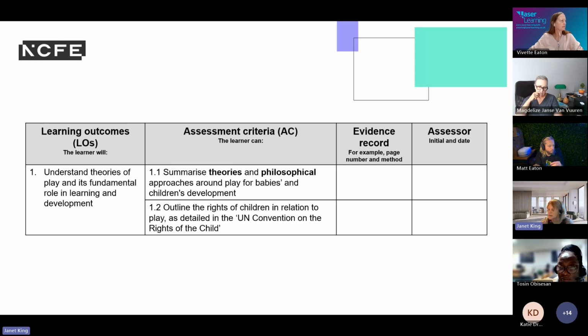So play cycle, playwork principles, and then exploring a theory that was introduced by Fraser Brown, and that's called compound flexibility. Now, compound flexibility is absolutely something that we all do as early years professionals. Classic example, it's hailstoning outside, so no matter what you're doing, wow, what's that noise? Let's go and have a look. Let's go and splash in the puddles because it's been raining really hard. So that spontaneity that comes with the environment changing is very, very important.